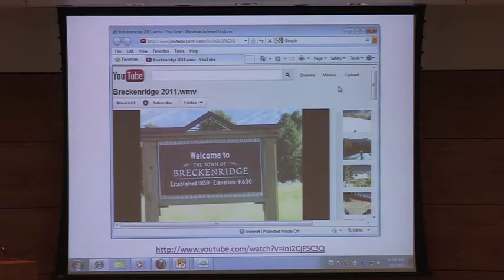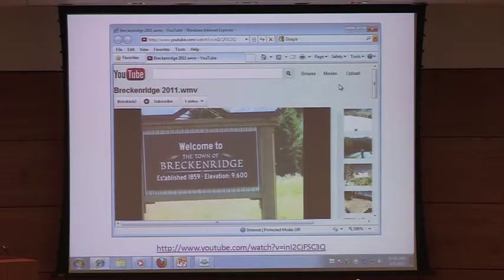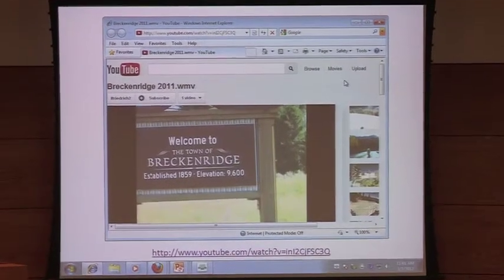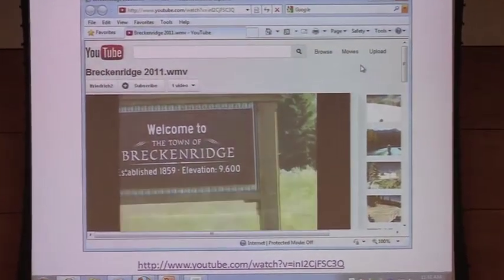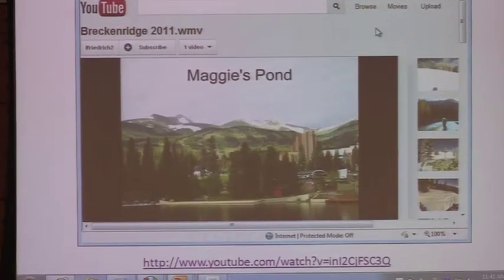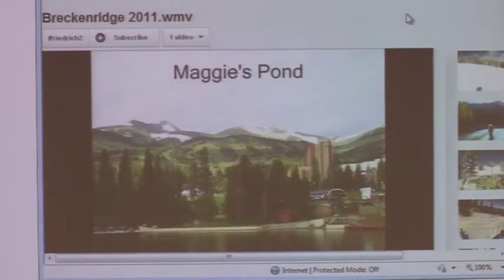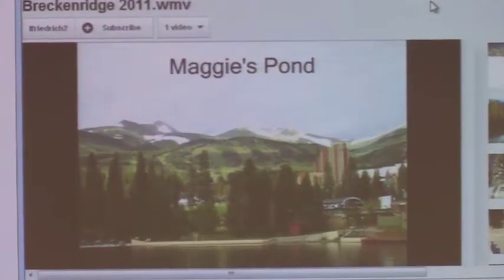Welcome to Breckenridge. There's so much to do in lovely Breckenridge, Colorado in the fall. I'd love to show you some of my favorite finds. As we arrive in Breckenridge, we find ourselves 9,600 feet above sea level in a small town nestled in the Rocky Mountains. Situated around Maggie's Pond are welcoming ski lodges, restaurants, art shops, and beautiful homes.